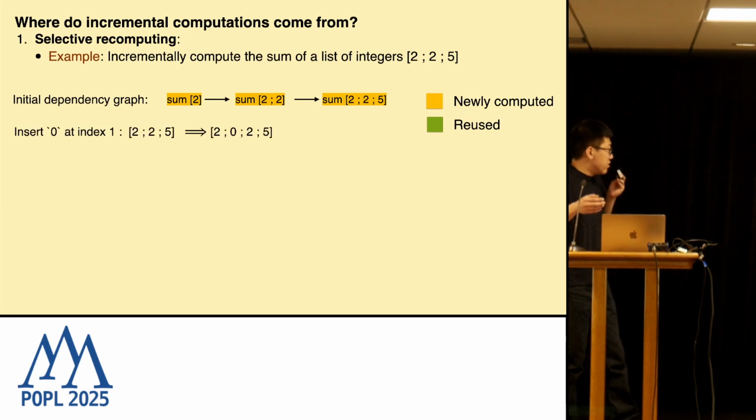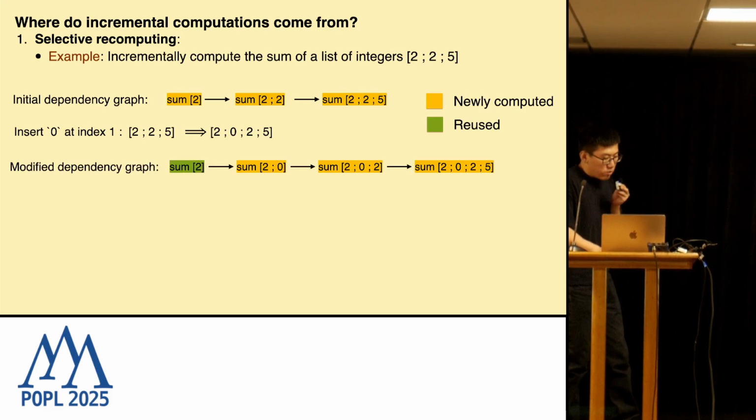After that, consider we insert 0 at index 1, so the input becomes 2, 0, 2, 5. Now the dependency graph will be modified. As we only insert at the first computation result, sum 2 will not be affected because it is right before the insertion place. But after that, all of the computation relies on the